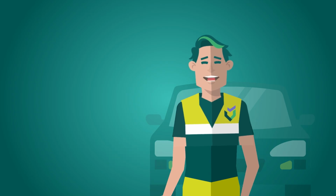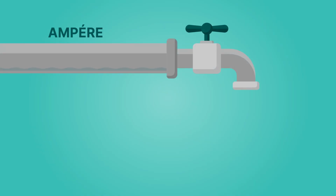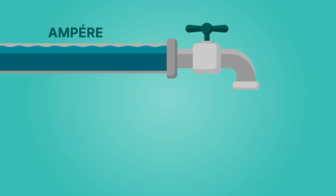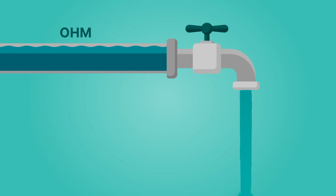We will explain the three most important basic electrical concepts again using the analogy of water flowing through a pipe. Ampere is the unit of current and indicates how much water flows through a water pipe. Volt is the unit of voltage, which represents how much force the water has as it flows through the pipe. Ohm indicates the resistance that the water, in our example, encounters. Instead of water through a pipe, in the case of electricity, electrons flow through a device, such as an electric